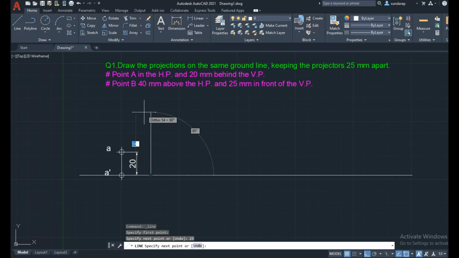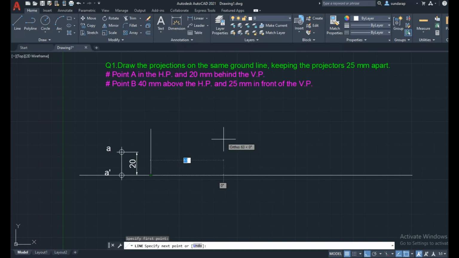As per the condition, point B is 40 mm above the HP, so the front view is obtained 40 mm above the ground. In the first quadrant, the front view is always obtained above the HP and the top view below the HP. So 40 mm above the HP we get the front view, and 25 mm in front of the VP.